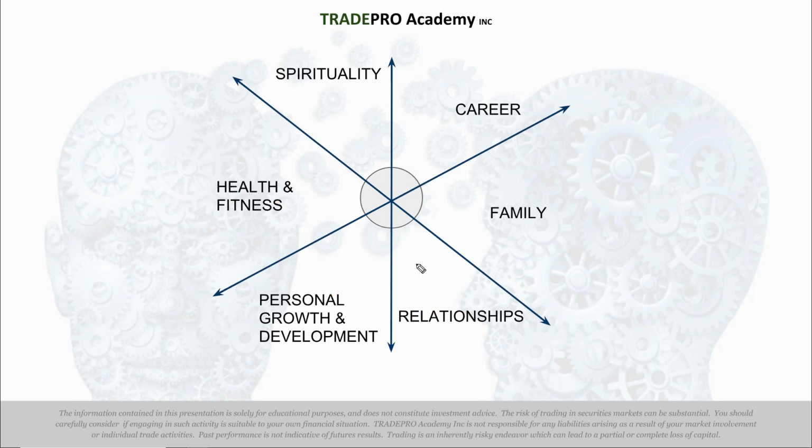So I'm going to challenge you to continuously look to be a 10 across all 6 of these life areas. I know careers are where we focus, but all of these are super important as well. All right? So when we talk about SMART goals tonight, everything we cover in the rest of this webinar, you can apply to any one of those 6. And I would challenge you to do all 6 at the same time. Have at least one big goal for all 6. All right? And that's going to help you live a balanced life.